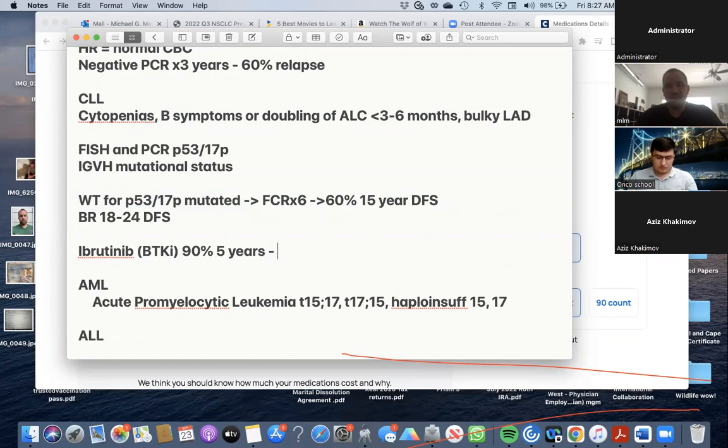Its major side effects, though, are it can cause bleeding and Afib and hypertension. The hypertension normally comes on over a period of years. The bleeding actually precludes you from using it with any kind of blood thinners. I've actually seen it cause spontaneous subarachnoid hemorrhages. So it can actually cause significant bleeding and significant problems. And its rate of causing Afib can be up to around 15 to 20%, which you can clearly